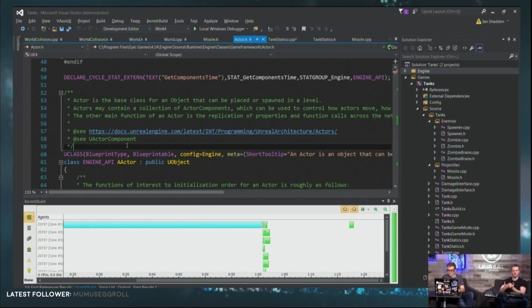It's just an object that Unreal understands. So actors are all the things you see in levels. So our tanks, our missiles, our zombies, the ground, the sky in the background, the things that make noises, the lights, all of it. Those are all AActors.